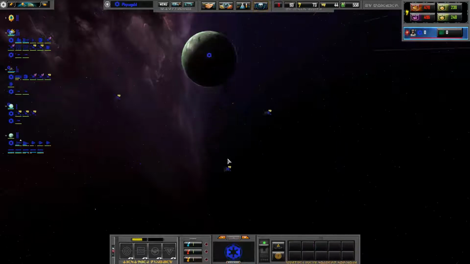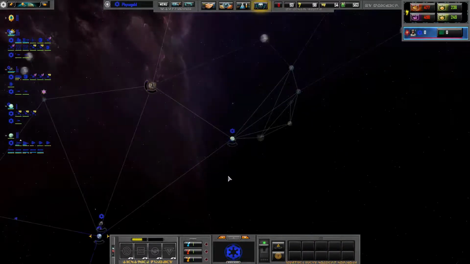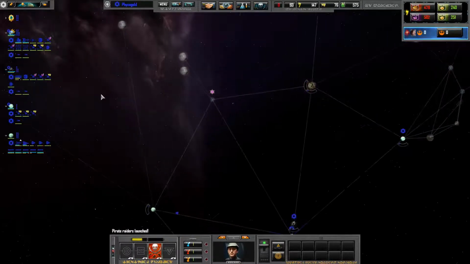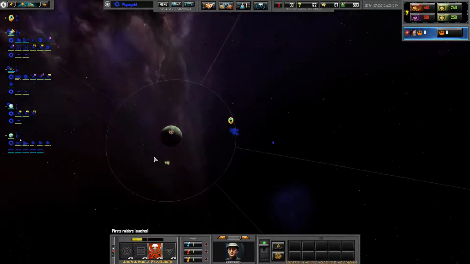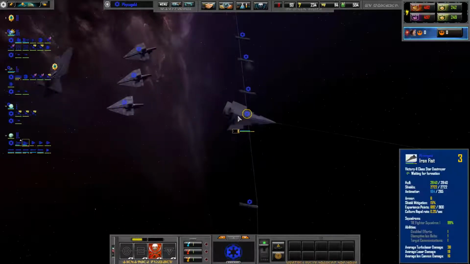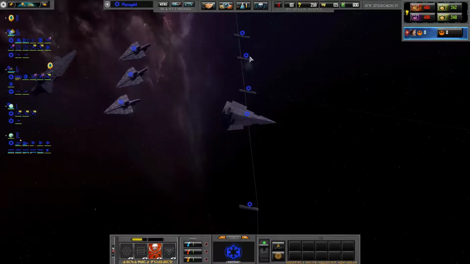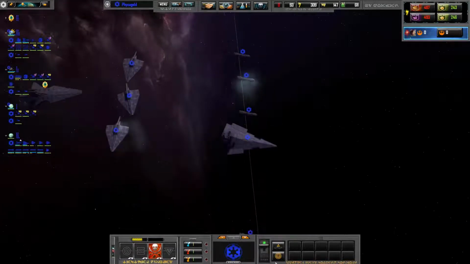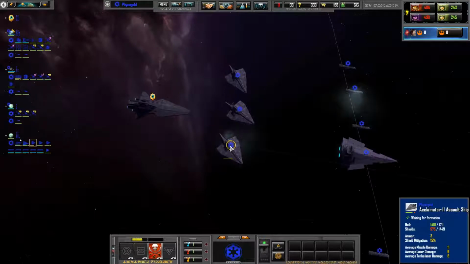We've got some mines going up, so our metal should be better. Pirate raiders are on the loose. There's a killer on the loose again. Well, no, that's more than enough ships to handle a basic pirate raid. In fact, I'm actually quite impressed. It doesn't look like we lost a single cruiser. No, we didn't. They're a bit smoky, but...